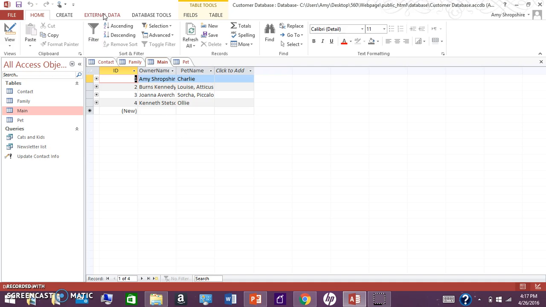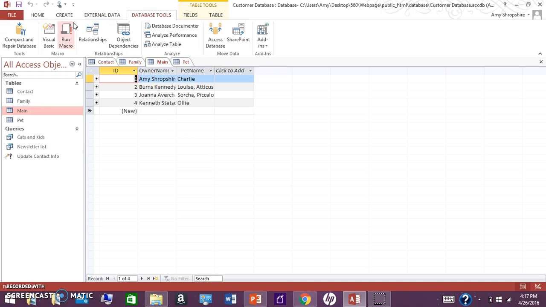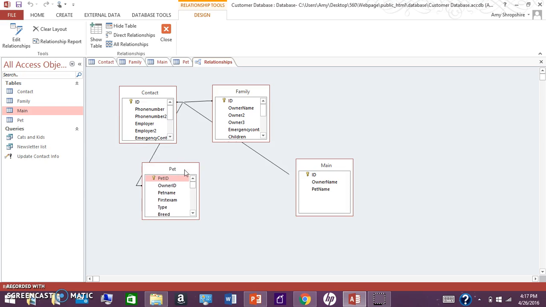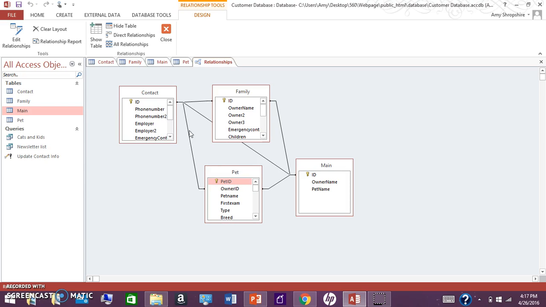Now, there are several relationships involved in this nice triangle of tables. I've associated all of the owner IDs with one another, so that since the IDs are identical, the owner IDs associated with the main ID are associated with the family ID. Since all of those are identical, that allows a many-to-many relationship, wherein I can pull